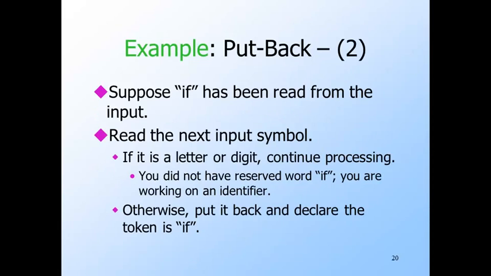For another example, if the lexical analyzer has read the characters I and F in its quest for a token, it might have seen the reserved word if. But we won't know until it reads the next character. If that character is a letter or a digit, anything that can extend that identifier, then we do not have the reserved word if, we have a longer identifier. However, if the next character is not one that can extend that identifier, such as a blank or a left parenthesis, then we really do have the reserved word if. In that case, the next character must be pushed back onto the front of the input.